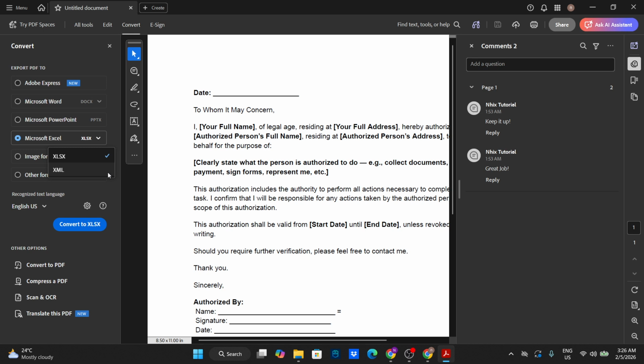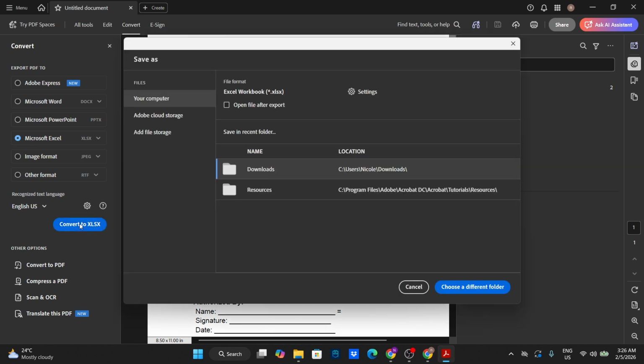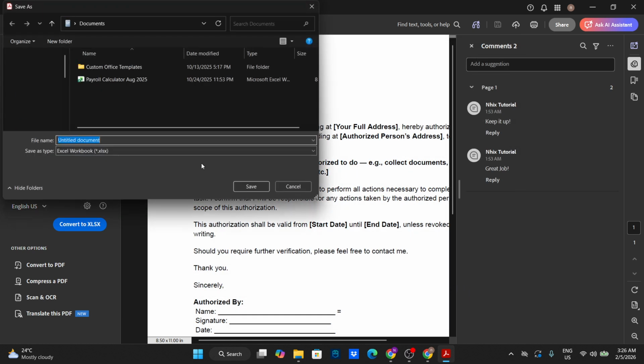Once you've chosen the format, look toward the bottom of the panel for the Convert to button and click it. A pop-up will appear confirming the export. In that pop-up, click Choose a different folder so you can control exactly where the converted file will be saved. The Save As dialog will open. Browse to the folder where you want the Excel file to live, confirm the file type matches your earlier selection,